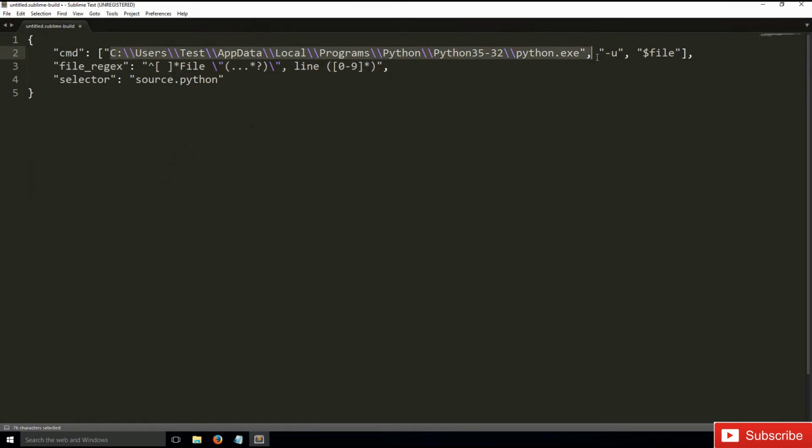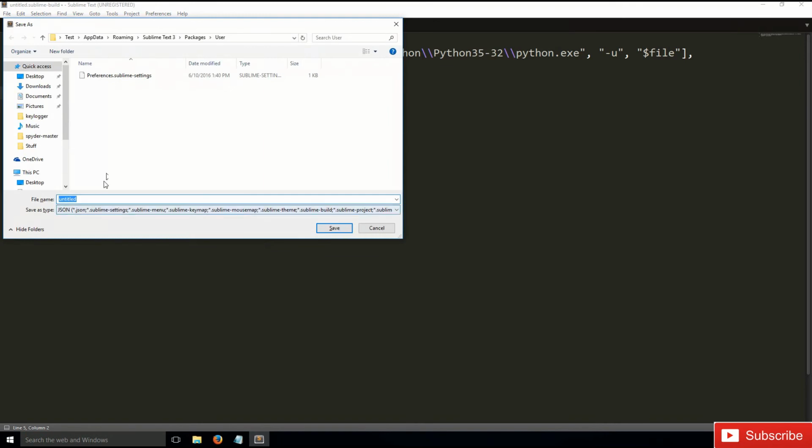This is the path. You have to remember that we're in Windows, so we have to use backslashes, and we're using double backslashes because they're escape characters. Be sure to use those double slashes in the path portion of this piece of text for the build. When we're done, we have this pasted and all the path is set. We're going to save this, and save it as Python with a capital P,